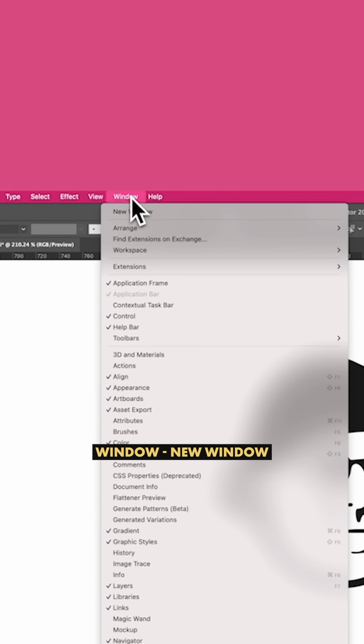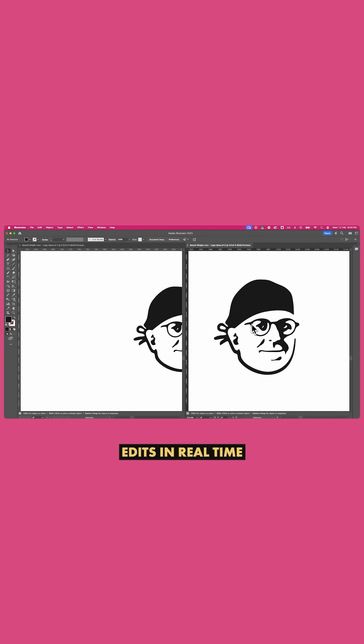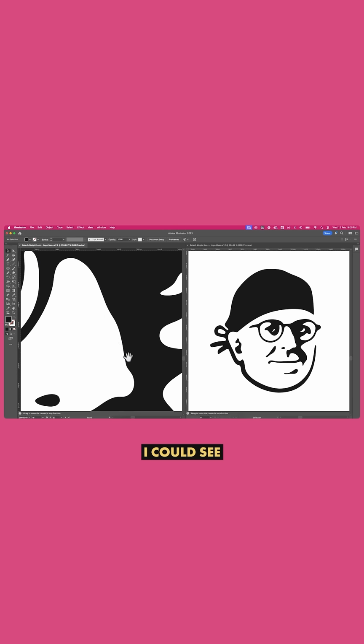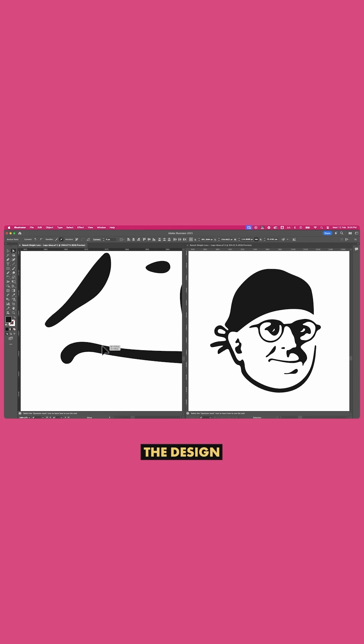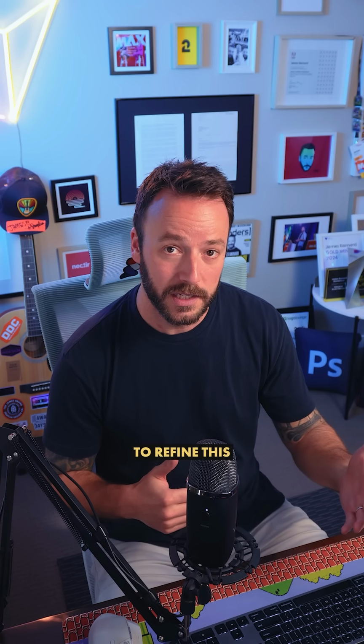So here's a tip when you're working on fine details. Go to Window, New Window, and then Window, Arrange, Tile. The zoom level on the right edits in real time while you're working. So at a glance, I could see if the change that I just made had stopped the design looking like Dr. Patash. It took days of back and forth with the client to refine this, but eventually we got this